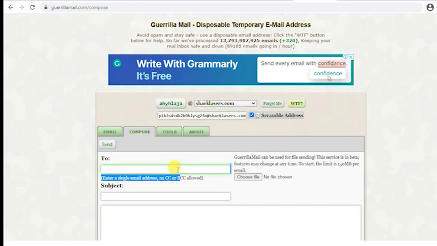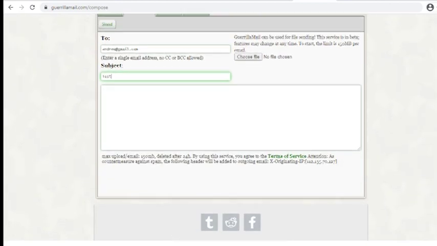So in Gorilla Mail we can customize the domain according to our wish, and we can send emails to whoever we want. As a normal email account, I'll just test email case andrew@gmail.com.